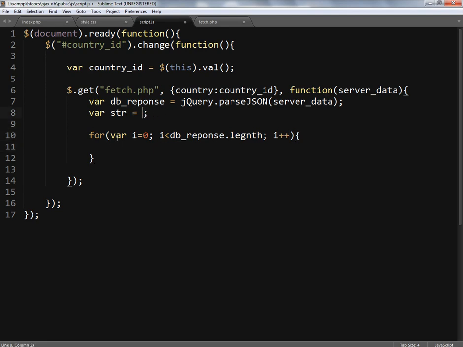Okay, so the result will be displayed in the form of a paragraph or whatever. I think I should display the result in the form of an ordered list. That would look a little better. So initially I'm gonna assign this OL tag to this str variable. So on each looping iteration, I'm gonna append this string and the data as well. So how I'm gonna do this, I'm gonna write str equals to